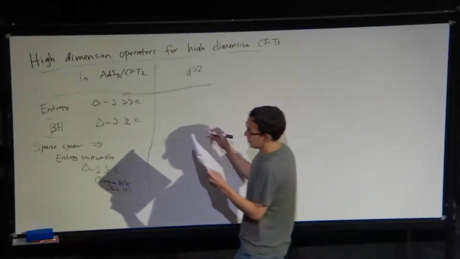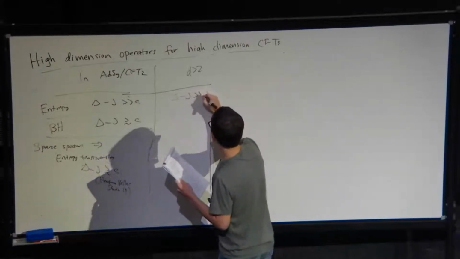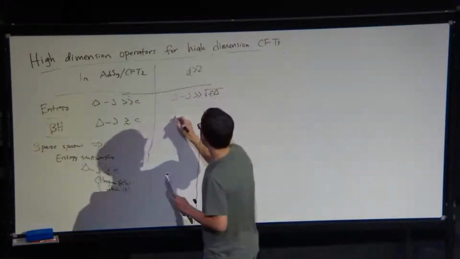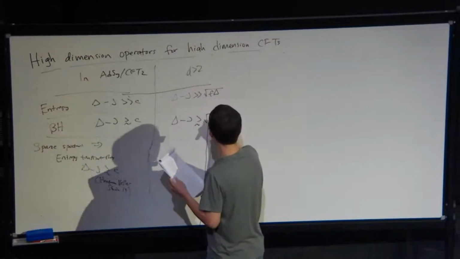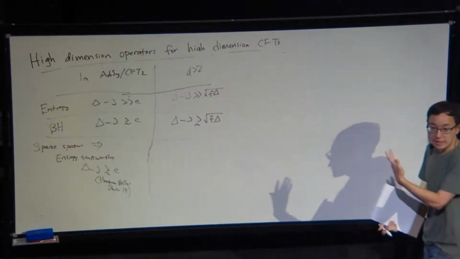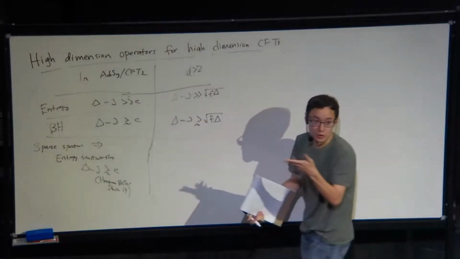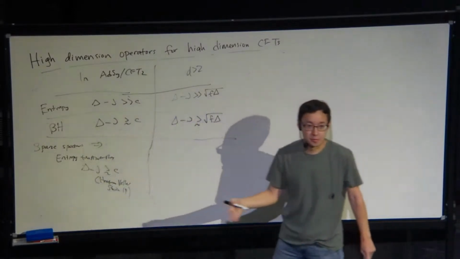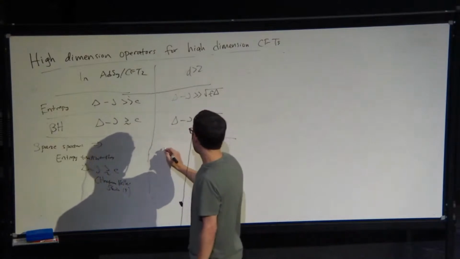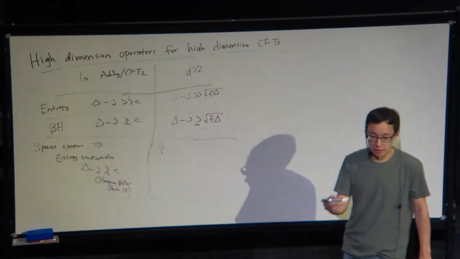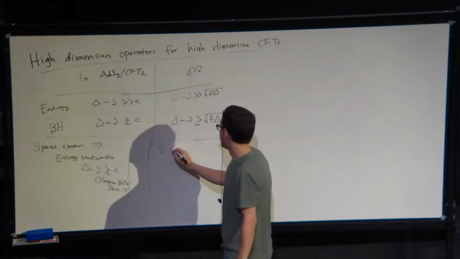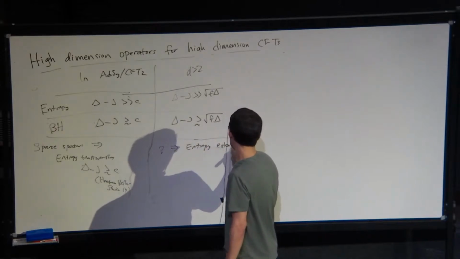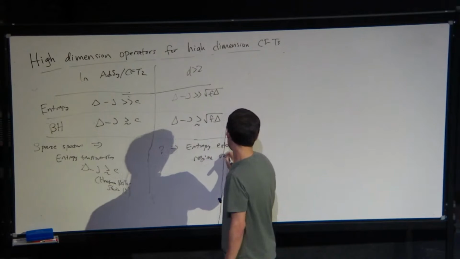So now let's see what the situation is like for CFT d bigger than 2. There, we know that the entropy that we derived is trustworthy when the twist is much larger than square root of f times delta. And the black holes are stable in the same regime, but where we don't need to be parametrically large, there's an order 1 number, which you can solve for. So it would be very interesting. Of course, we can't prove this because we don't have modular invariance to prove all these wonderful things. But it would be very interesting if something like a sparse spectrum, or some other measure of holographic CFTs, would imply that our entropy is trustworthy for an extended regime of validity.